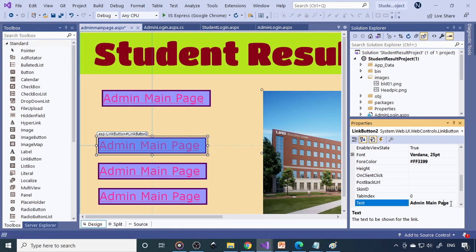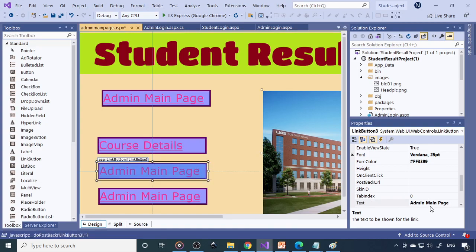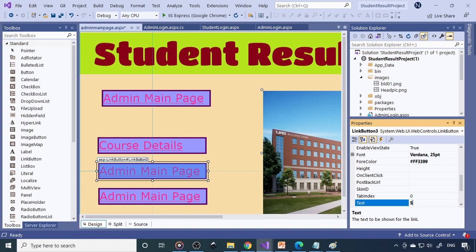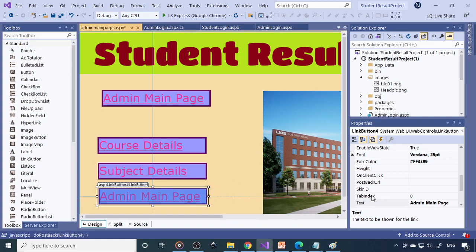Right. So now here is the text. So this is the course details. So next here it is subject details. So next student details.